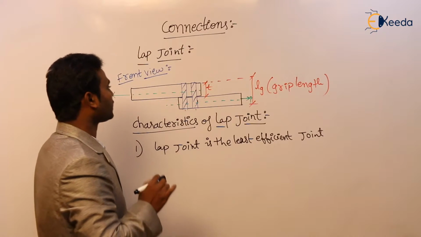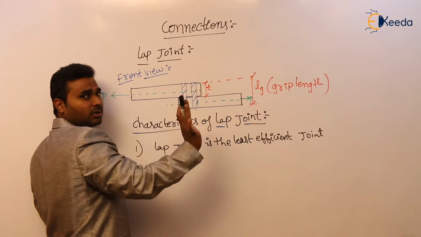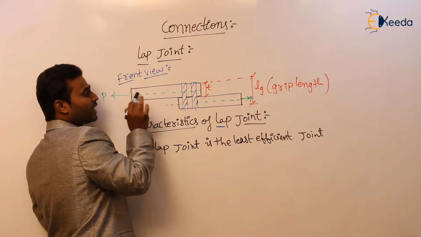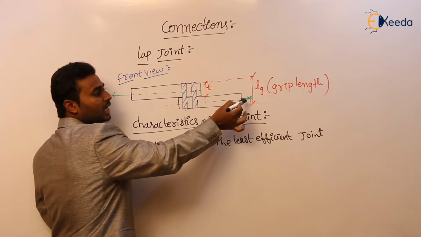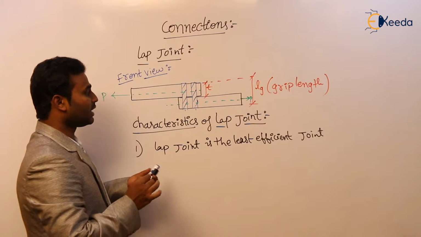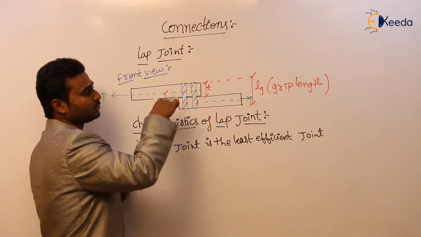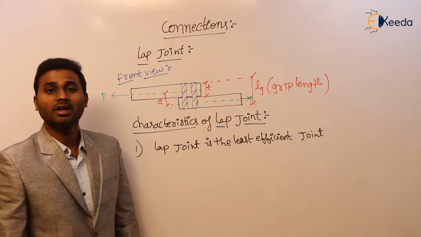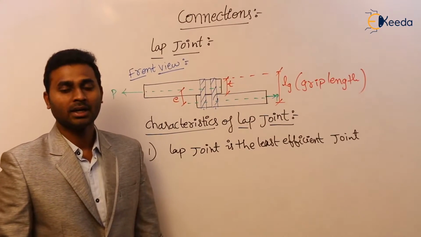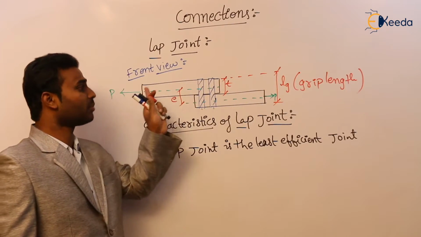After making the connection, the load P on this member has to be transferred to this member. Yes or no? So this is the line of action of P in this member, and this is the line of action of P in this member. Agree or not? If you see both lines of action, there exists some eccentricity between these two forces. Because of these two forces, they develop a moment or not. Agree or not? So why have we provided the connection? To transfer the axial load P from this member to this member.